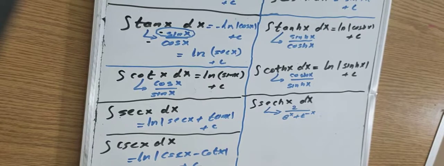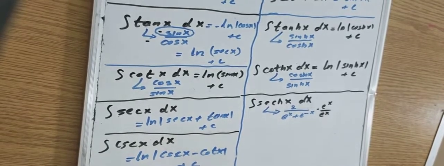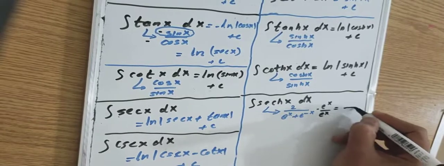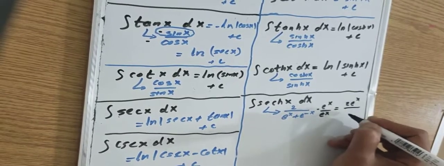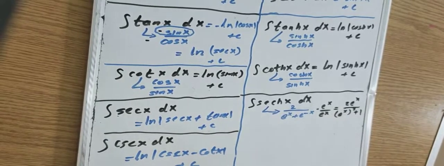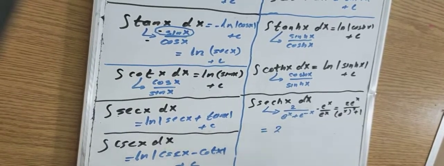If we multiply by e power x, we have sec equal to 2 e power x over e power 2x plus 1. So the integration of sec is 2 outside,